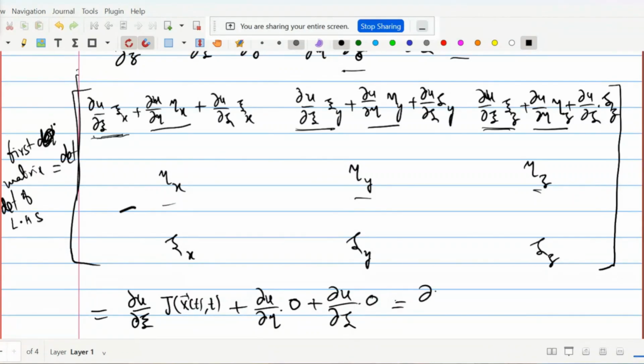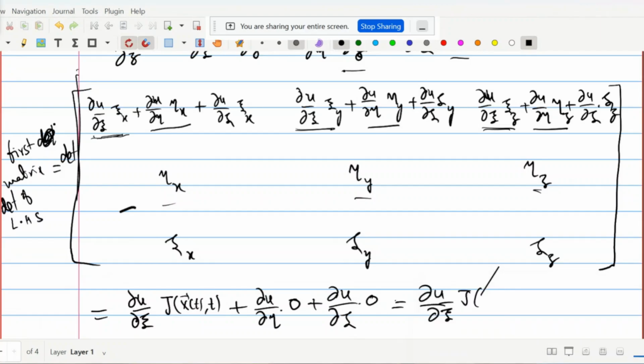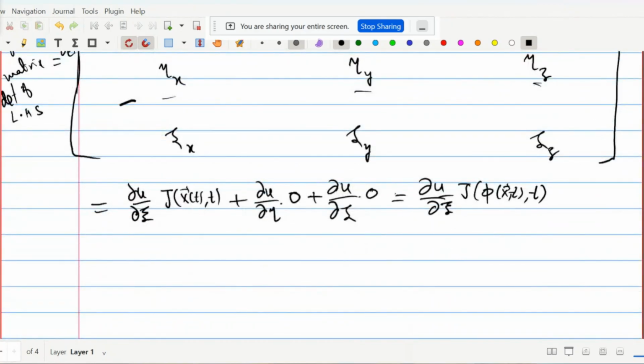So this is finally nothing but ∂u/∂ξ, J of phi of x(t), comma t. So this is exactly what you have. Instead of x of t, we are writing phi. Those are all the same. Then the Jacobian. Similarly, the same we can write, ∂v/∂η. Similarly,